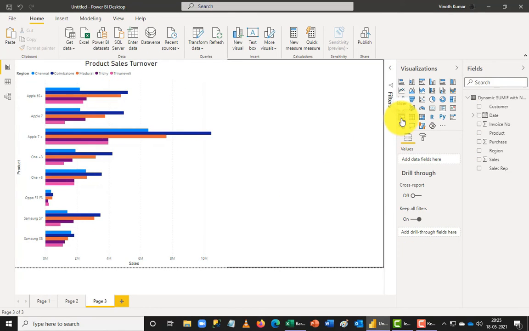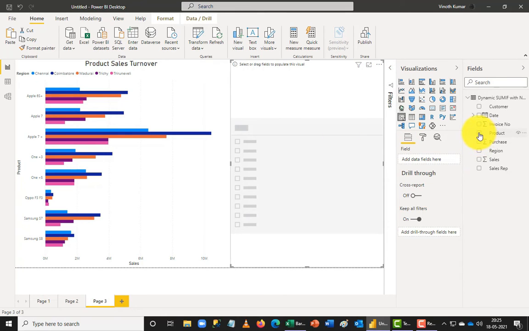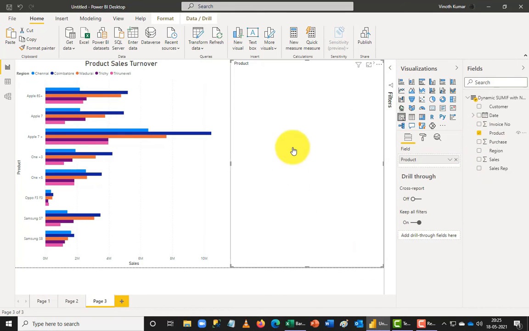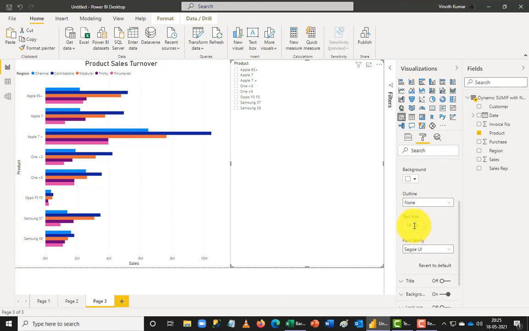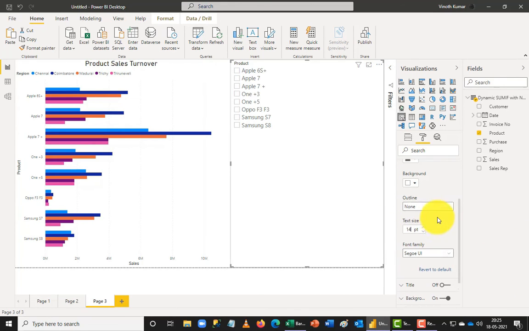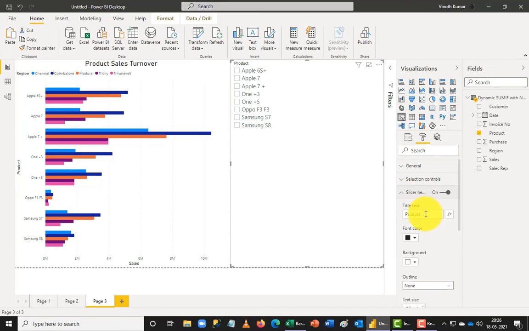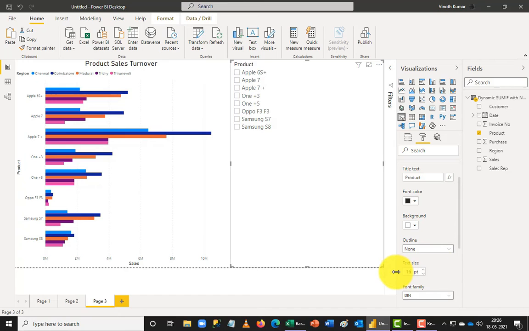So I'm going to add a slicer to my data, and when I add a slicer, I'm going to add a product here. So now my products will show this list, and you can make the slicer settings also in the same pattern. So I'm going to make the slicer's size 14, and you can see them better, and I'm going to make the header of the slicer also 14 here, or maybe 16, so it will be a little better. So now I'm going to pick the iPhone 6 Plus.